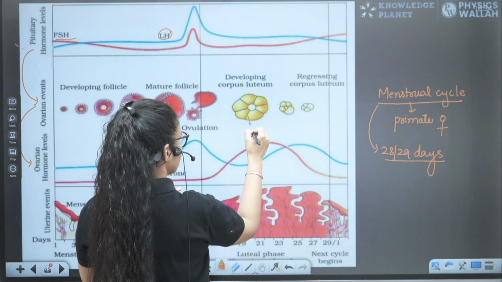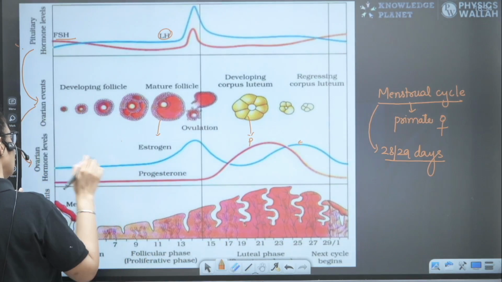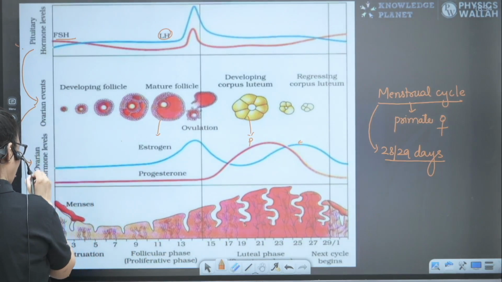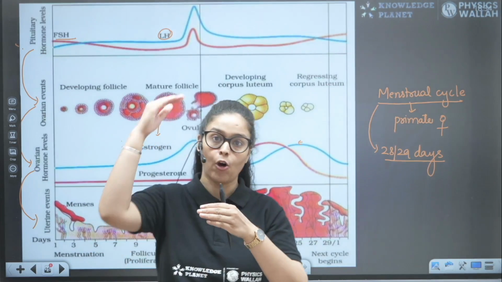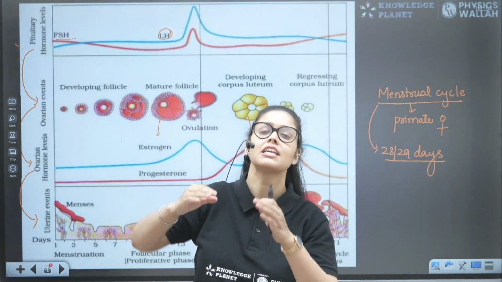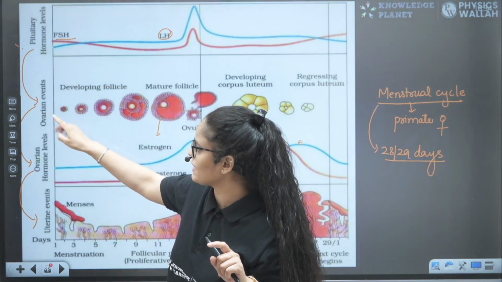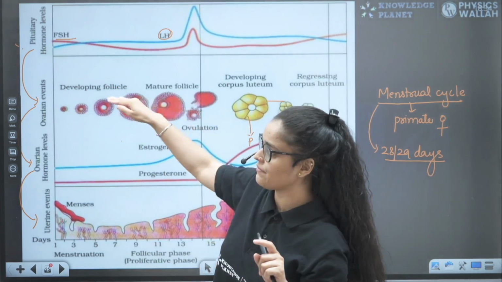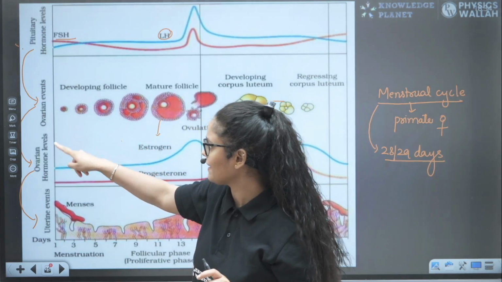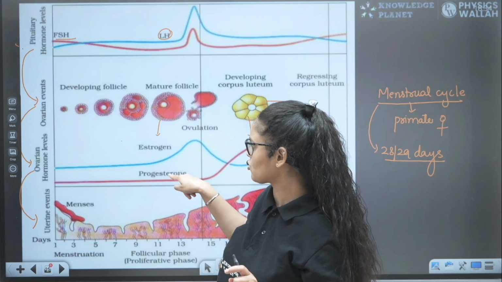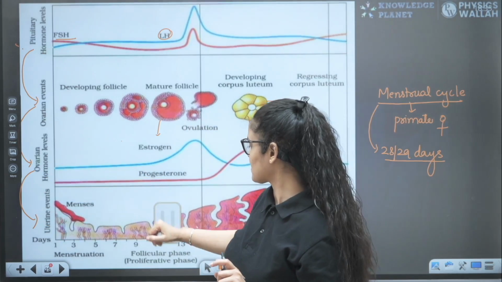And corpus luteum secretes progesterone, already told you, right? And a little amount of estrogen, I have told you. And these hormones will act on the uterus. So that means all the things are happening in a sequential, beautiful way. So pituitary hormone will act on ovaries and basically help in the ovarian event. All these are occurring in the ovary that we have seen. And ovarian structures secrete estrogen and progesterone hormones that will act on the uterus wall to change the